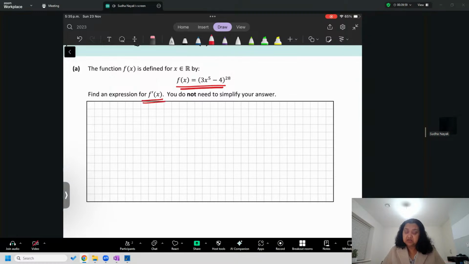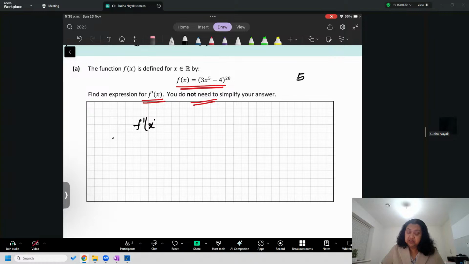f dash x. So f dash x means it is a differentiation. You have to differentiate. Here they have specifically said that you don't need to simplify the answer. So you have to remember that. If they have asked you not to, don't do anything. Just do the differentiation and leave it like that. Even if you simplify, you're not going to get any marks. And this was, I think, only a 5 marks question. So you just need to